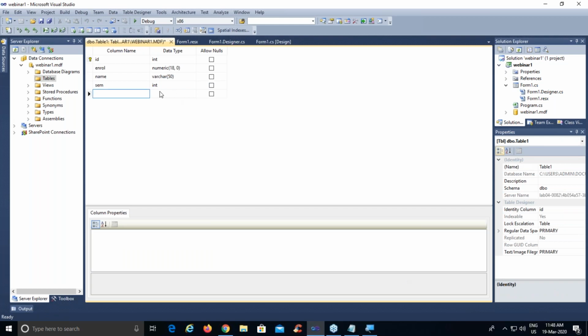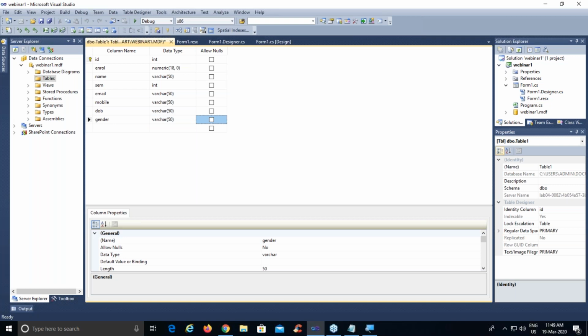Then we have next as email. So email again will be of type varchar. Then we have a mobile. Again a type varchar because sometimes people used to enter plus 91 or bracket 91. So for a safe side, I'm using a varchar data type. Then we have a date of birth. So DOB column for date of birth. We are going to use varchar again here. Then we have a gender. So for gender again it is a varchar.